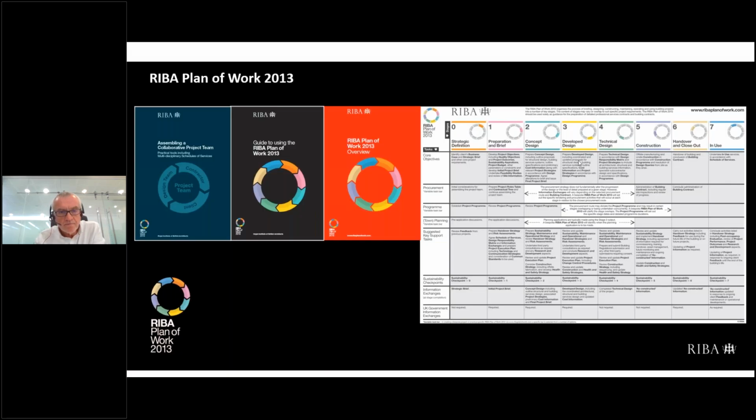Thanks. So as I've just said, the RIBA Plan of Work has been around for more than 50 years. In 2013, when we did an update, that was the 50th anniversary of the RIBA Plan of Work. So it's now been around for 60 years, and it is the go-to process map for the industry. It's not just for architects, it's for the whole construction industry. When we updated it in 2013, we did a number of publications. The one in red there was free to download, and the other two guidance notes were paid for.